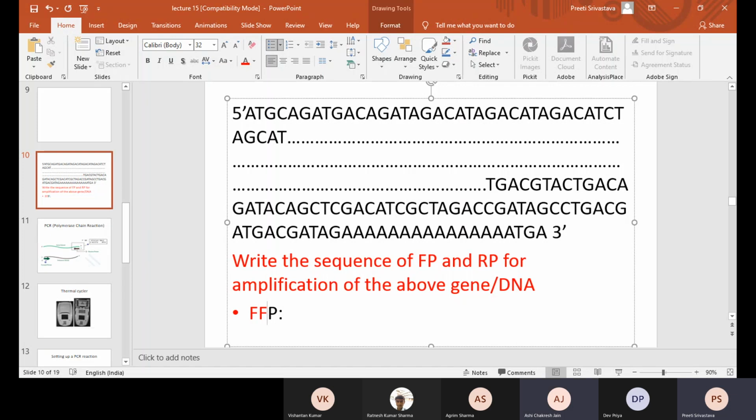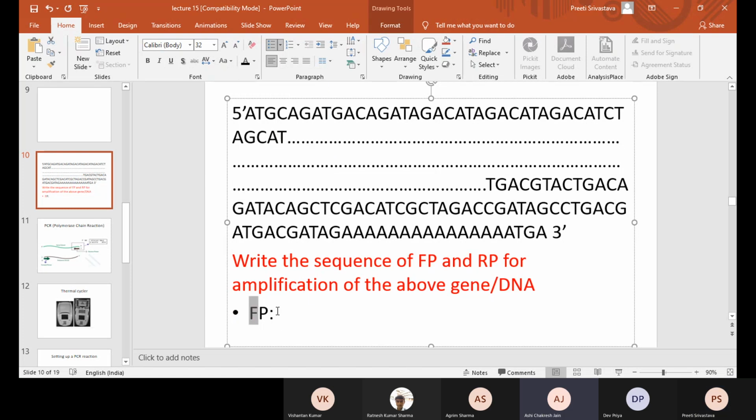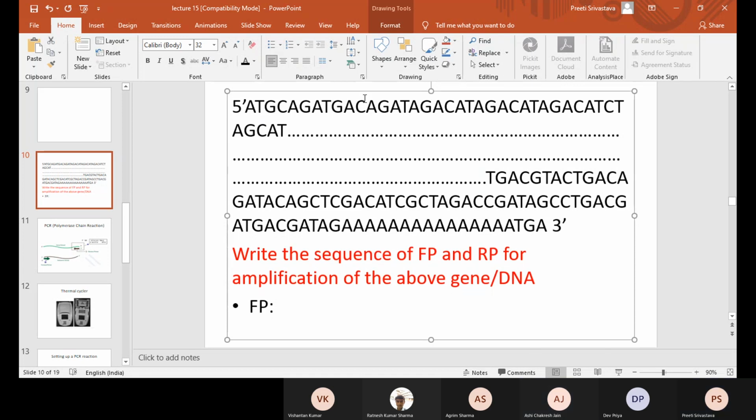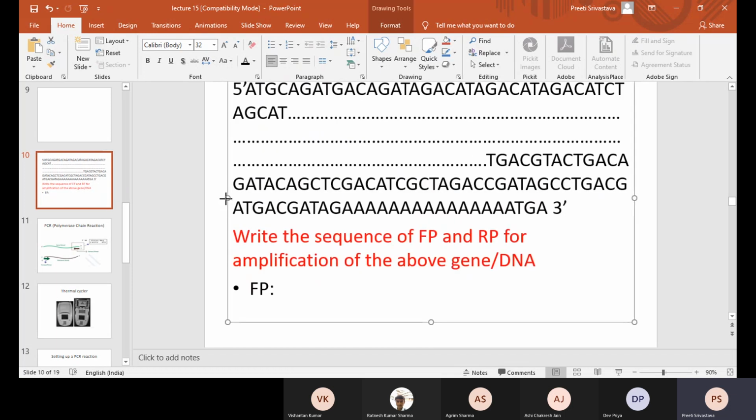Ashi, you were saying something. Yes, ma'am. Shall I start with the sequence for the forward primer? Right. Probably the sequence is going to be, just a second, I cannot see. TACG. It should start from the 5' end, right? Right, so hold on. Let me go back to the same figure one more time, and then maybe you try. Ashi, you are almost there, but just see carefully one more time.